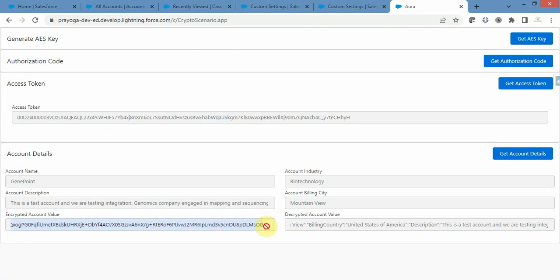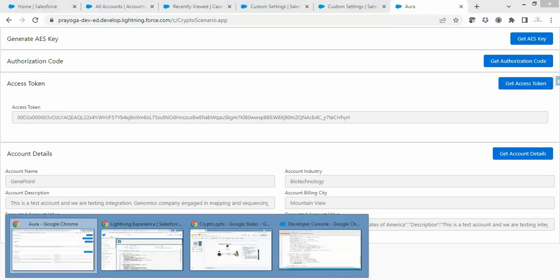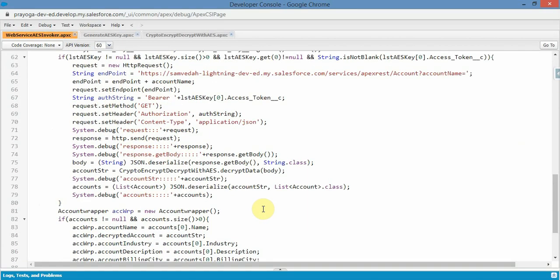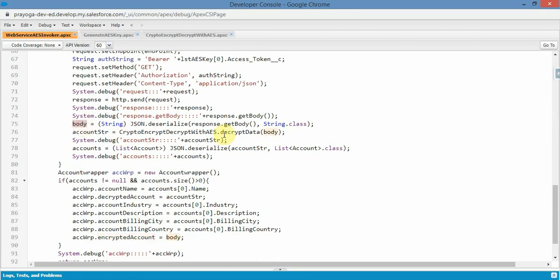This is not a readable format. This is unreadable. Now I need to change it to a readable format. That's where decryption plays a major role. So what I am doing after getting the body, I am calling this particular class, the crypto encrypt decrypt with AES,